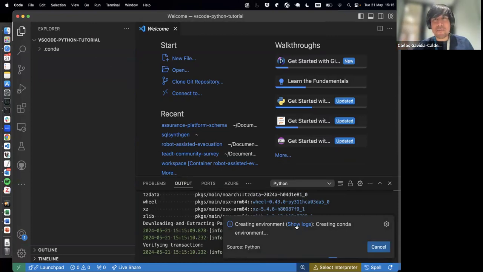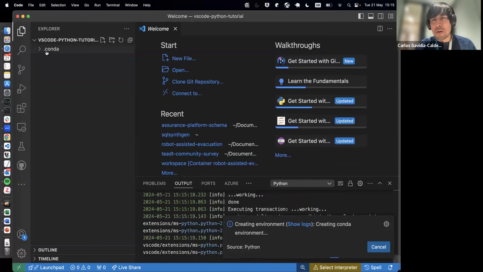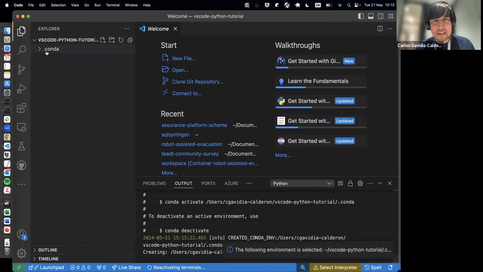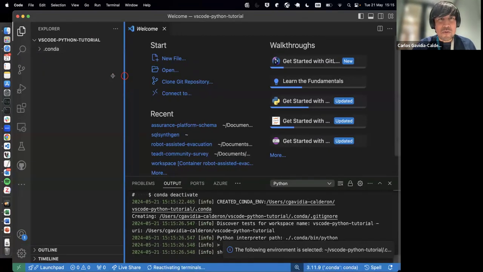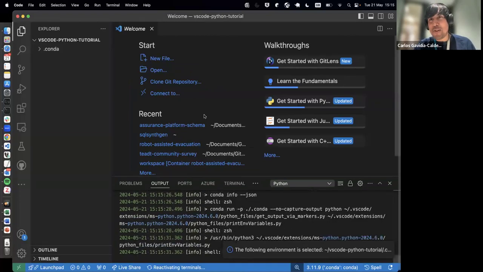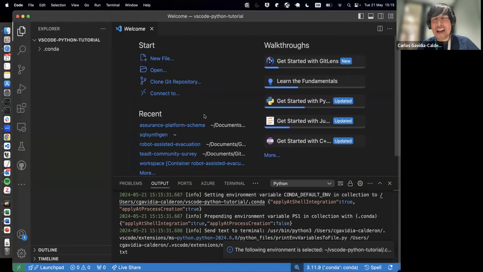This can take a while. You can see I have created this .conda folder within my workspace, and it's initializing it. It can take a while. That's it. So once you have created your virtual environment, the next step is you need to activate it